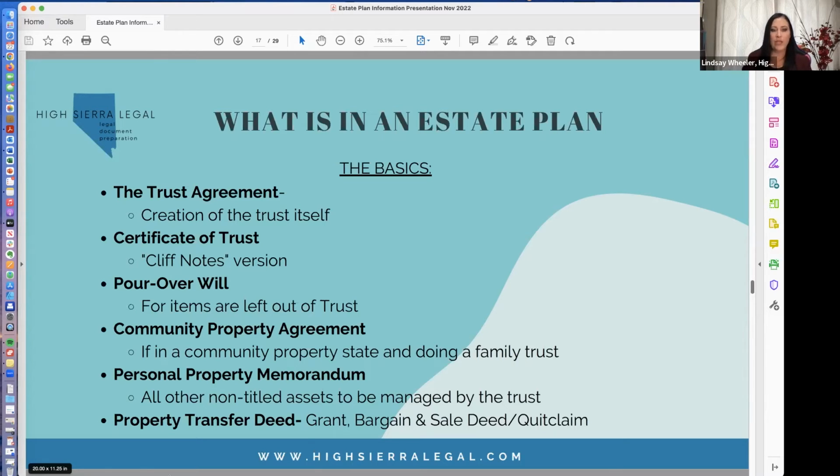And then with that, we have our property deed, and that's our big real property assets. We're wanting that deed to then transfer it to the trust. So those are kind of the basic 6 documents, or 5 documents if it's a single trust, that go for